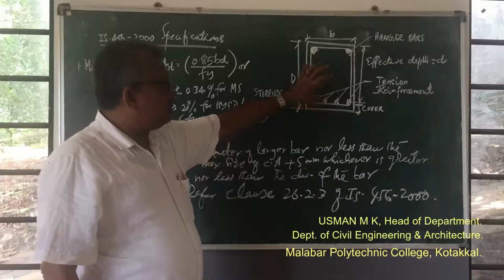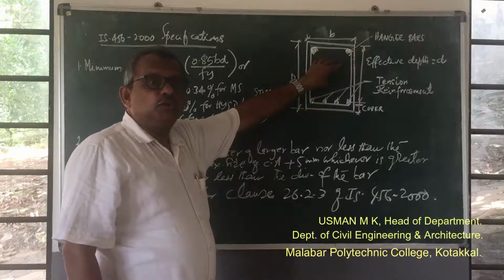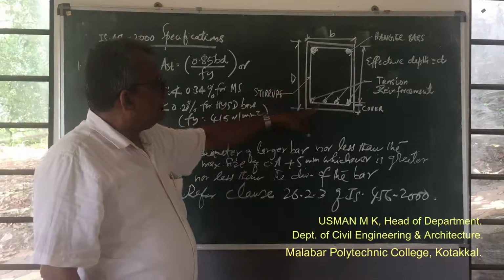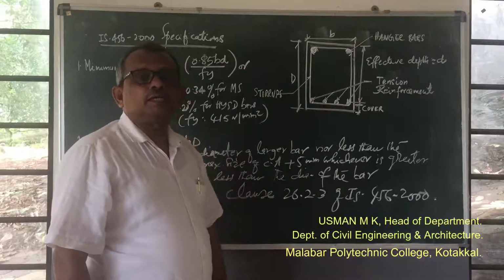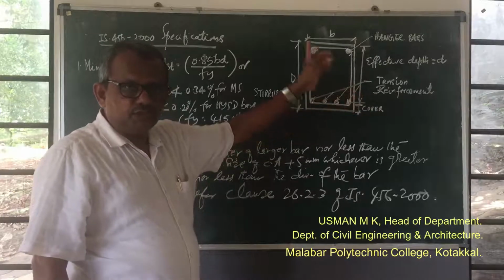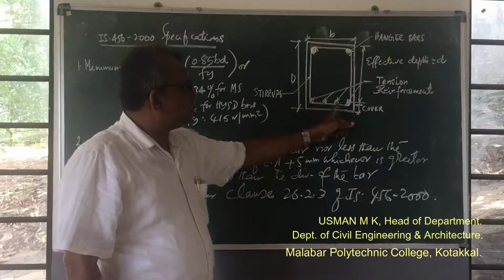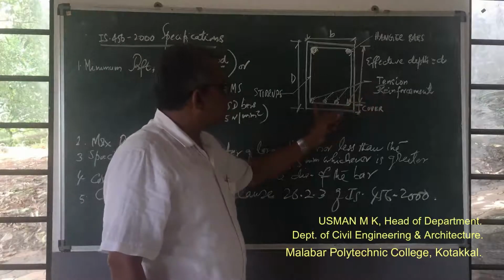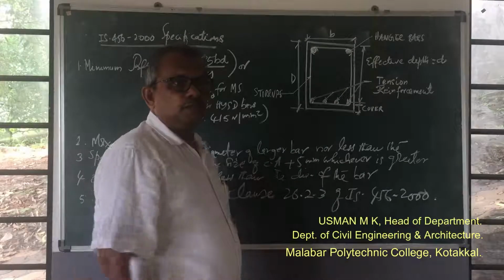Right? So the concrete is strong enough to take the compressive loads at the top layers, whereas it is very weak to take the tensile stresses below the neutral layer. You know that there is the neutral layer or neutral axis of the beam, right? So to take the tensile stresses at the bottom, the steel reinforcements are provided at the bottom. So here it is written tension reinforcement. These are the sections of the tension reinforcements.